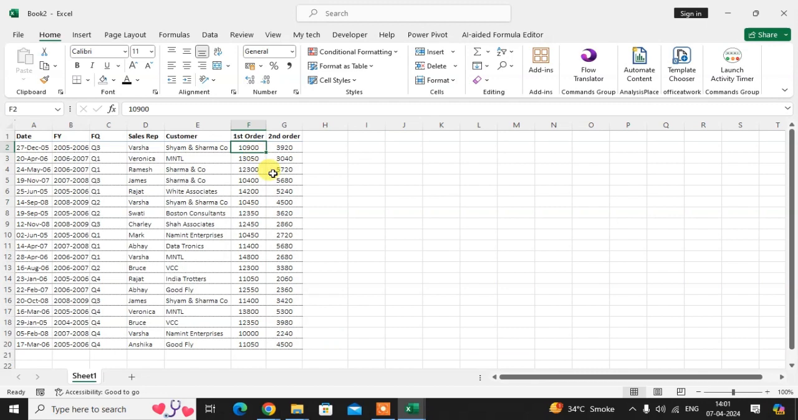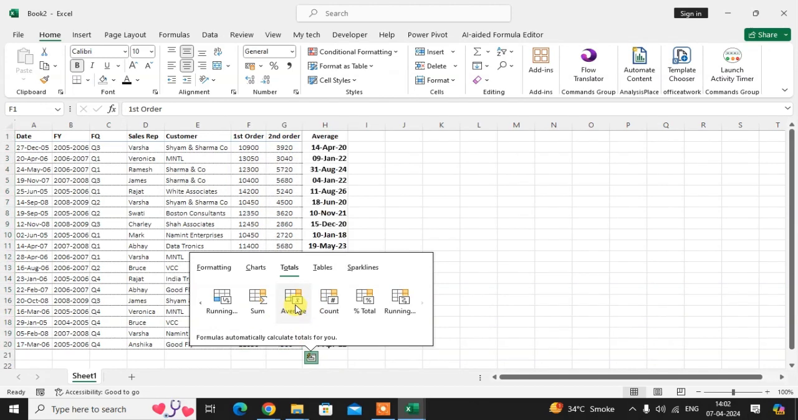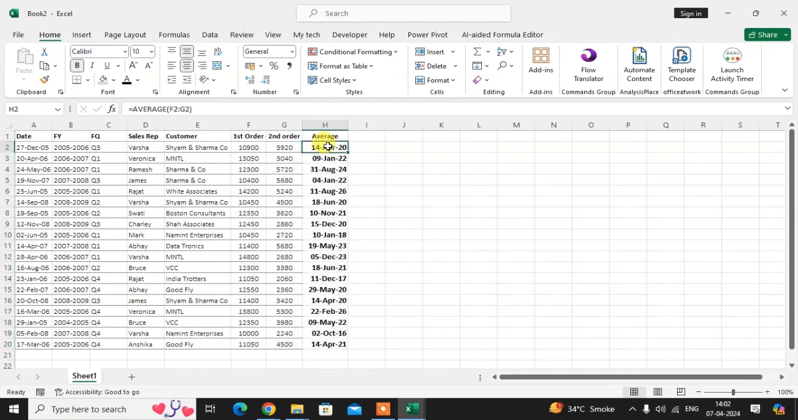So I just select these two column, and here you see the quick analysis. Just click on it, click on the total tab. In column we want the average, so just click on this average, and here you can see when you click on any cell, you can see in formula bar average function, but the amount is not properly comes here. So select the full column,